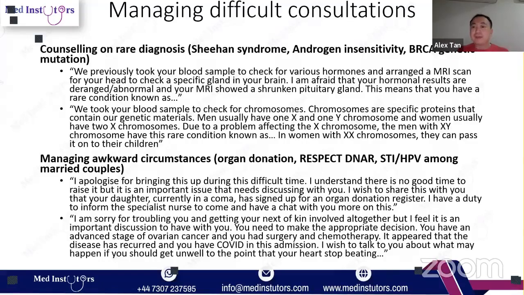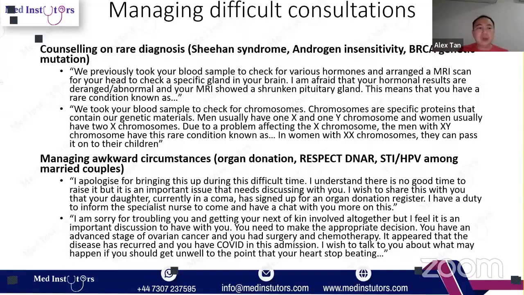You involve the mom. BRCA gene mutation, you refer them to the genetic counselors. That's what we use in the UK. You refer them. Leaflets. If you need to, MDT. You don't have to MDT all these cases, but if it's something very rare, like Rokitansky syndrome, you MDT them, because this is something to put on record, and we are able to put things in place to make the right management plan.